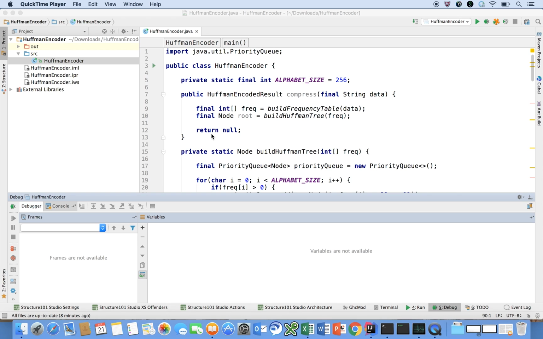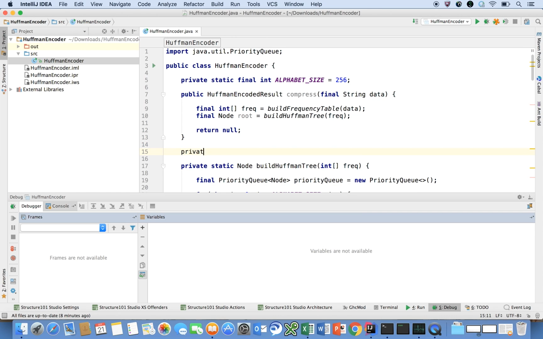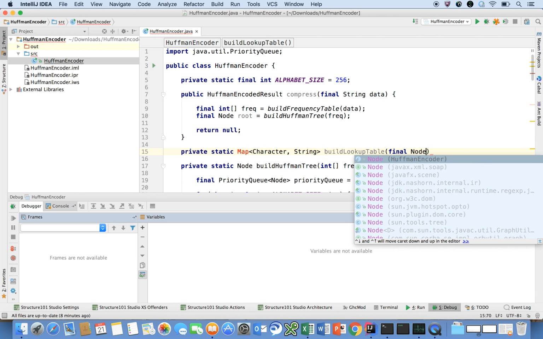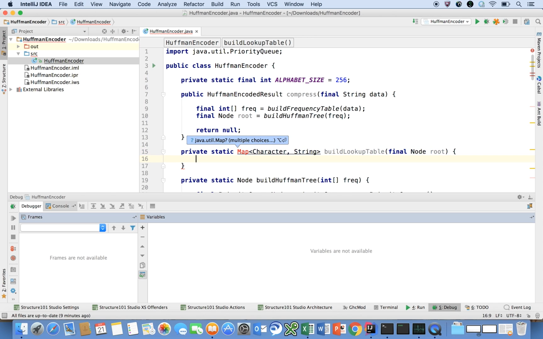So this next method I'm going to build is private static, a map of character to string. We're going to give it the not so helpful name of buildLookupTable. You'll see what this does in a second, and it's going to take the node, which is the root node of the Huffman tree,